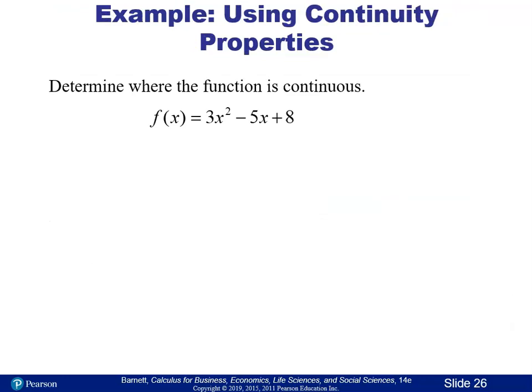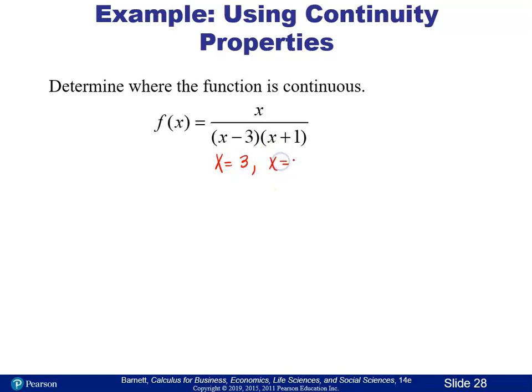Okay, so this particular one is a polynomial. So a polynomial is going to be continuous for all x values. Okay, this one, if we're looking to see where it's continuous, this is a rational function, so it is not going to be continuous where the denominator is 0. So that's going to be at x equals 3 and also at x equals -1. So it's continuous for all x except